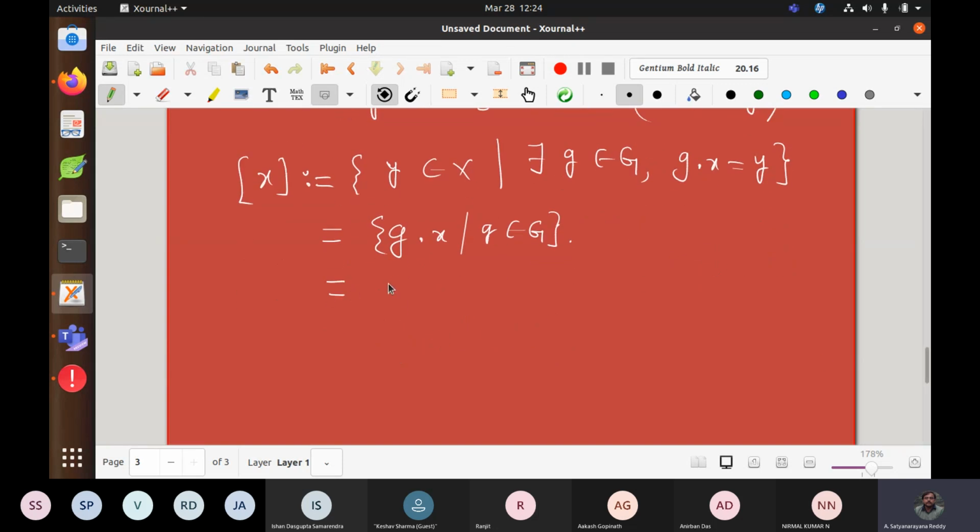This equivalence class, we are calling the orbit of x. G acts on x and takes it to different places. That entire thing is called the orbit. A very natural geometric thing. Now we take elements from different orbits, one representative from each equivalence class. Then that is called a transversal, right? So I can write that F is a transversal.